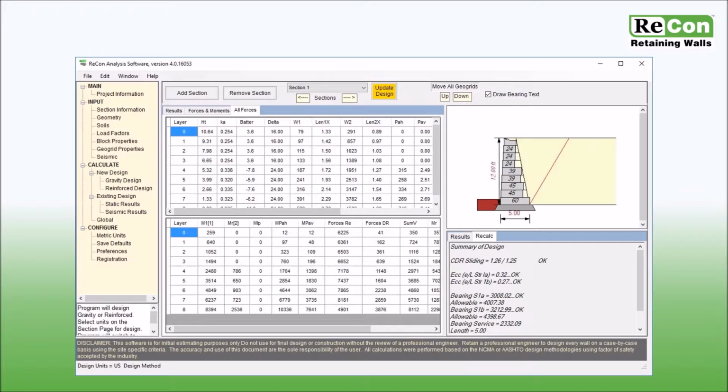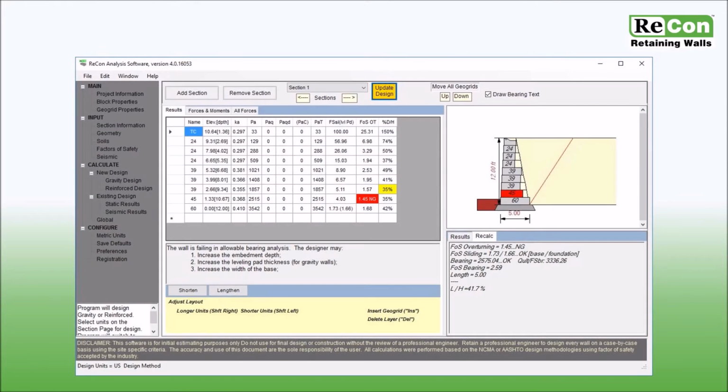In some cases, after clicking Gravity Design, values within the results table will be highlighted in red as well as some of the blocks within the graphic. Red highlighted areas indicate that the corresponding block is not meeting stability requirements, whether it be sliding, overturning, or bearing. In many cases, you can address these stability requirements by increasing the depth of the blocks. To do so, first select the row in the results table in which you would like to change. Then use the lengthen and shorten buttons located below the table to increase or decrease the depth of the block. As you change the depth of the blocks, the results will update automatically, allowing you to see the effects of